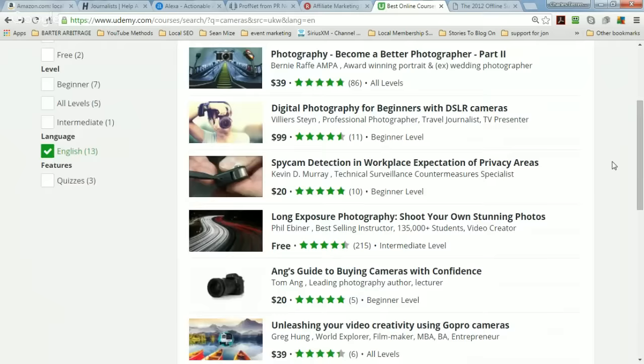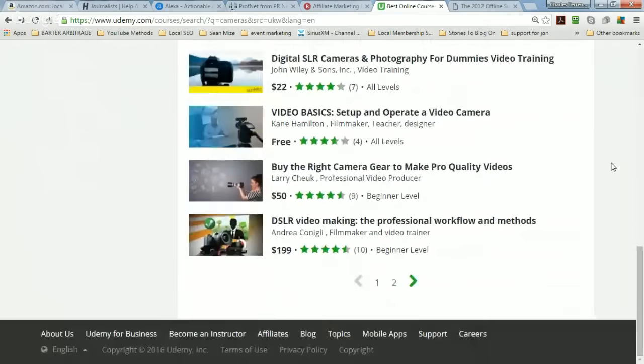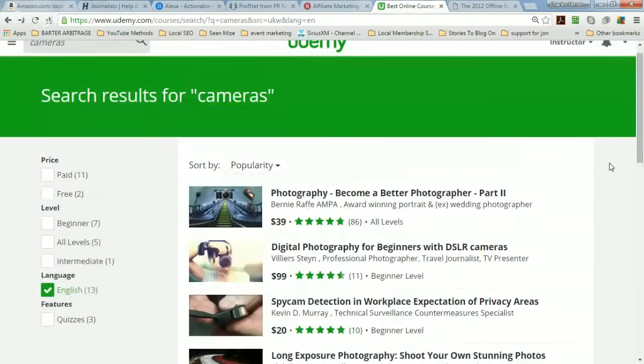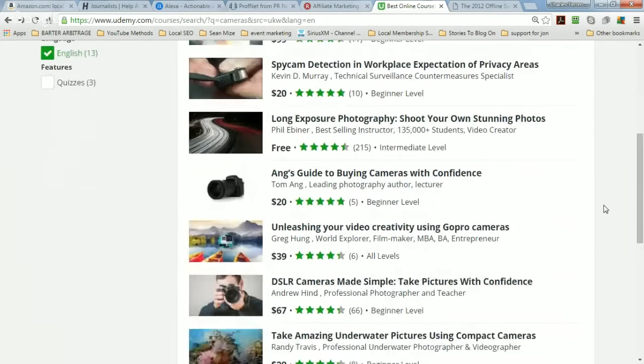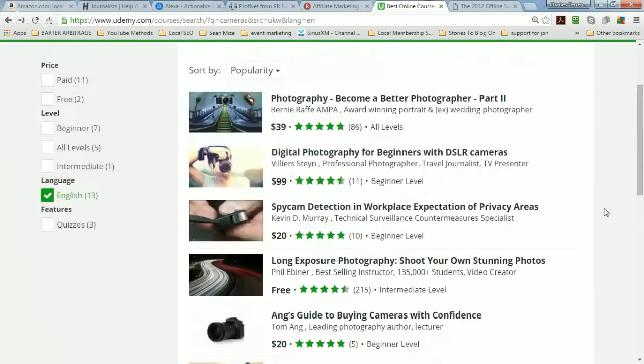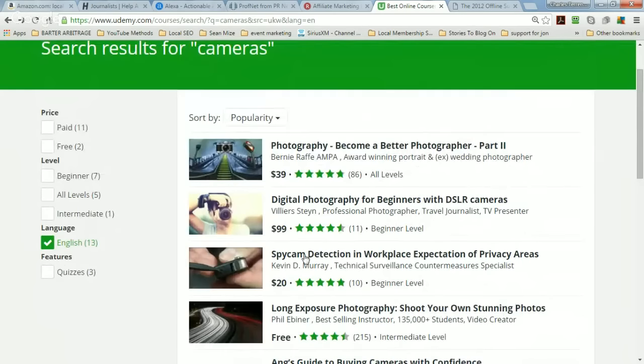So I've got a ton of courses I can market to the same people, and I really only need a couple of sales to make this worth it. The price margin is going to be higher, and I don't really need a lot of sales for this to be worth it for me. So basically what you're getting is not only the opportunity to market based on the following of these folks, but you're also getting the opportunity to sell them more courses on Udemy.